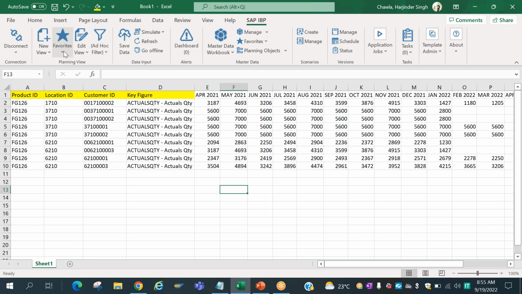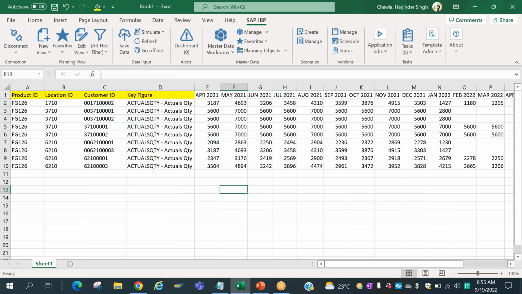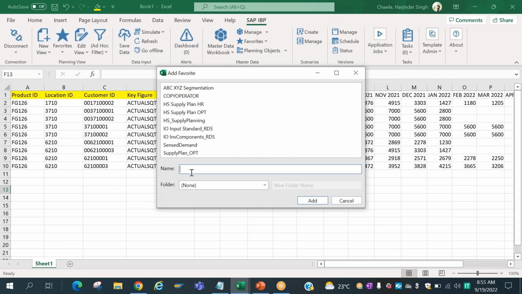So let's say I'm adding it to the favorites. I'll do add, and I'll just give any name. If I want to keep this favorite in a particular folder, I can just say new folder.